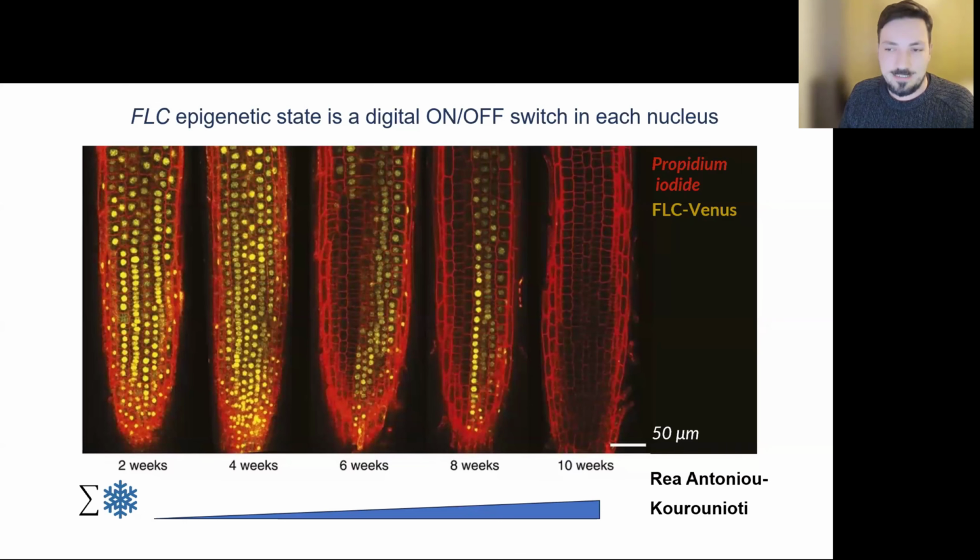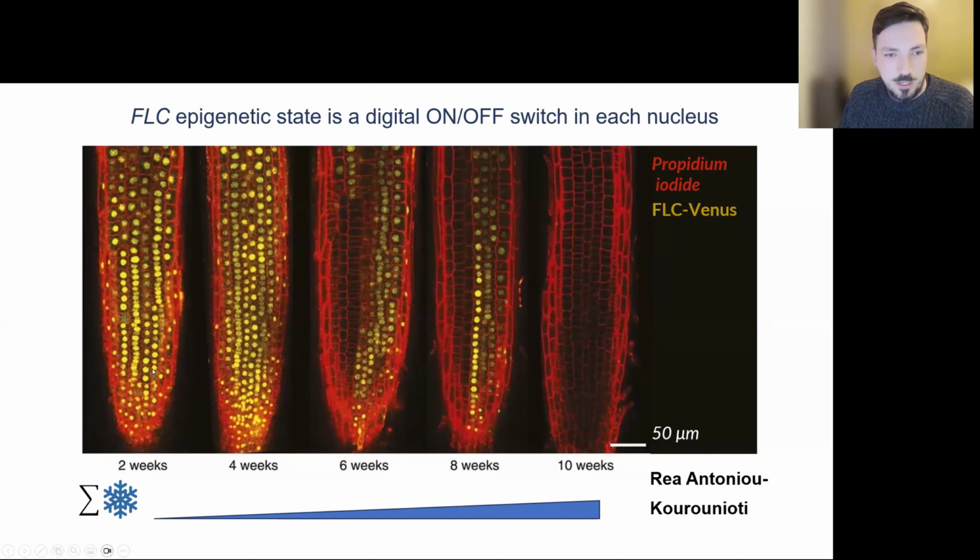We need to zoom into the easiest part of the plant to image FLC, flowering locus C, at a molecular scale, and that's the root tips. And it just goes to show that this really is individual events at each meristematic cell, because these form really clear files, vertical files from the meristem at the bottom